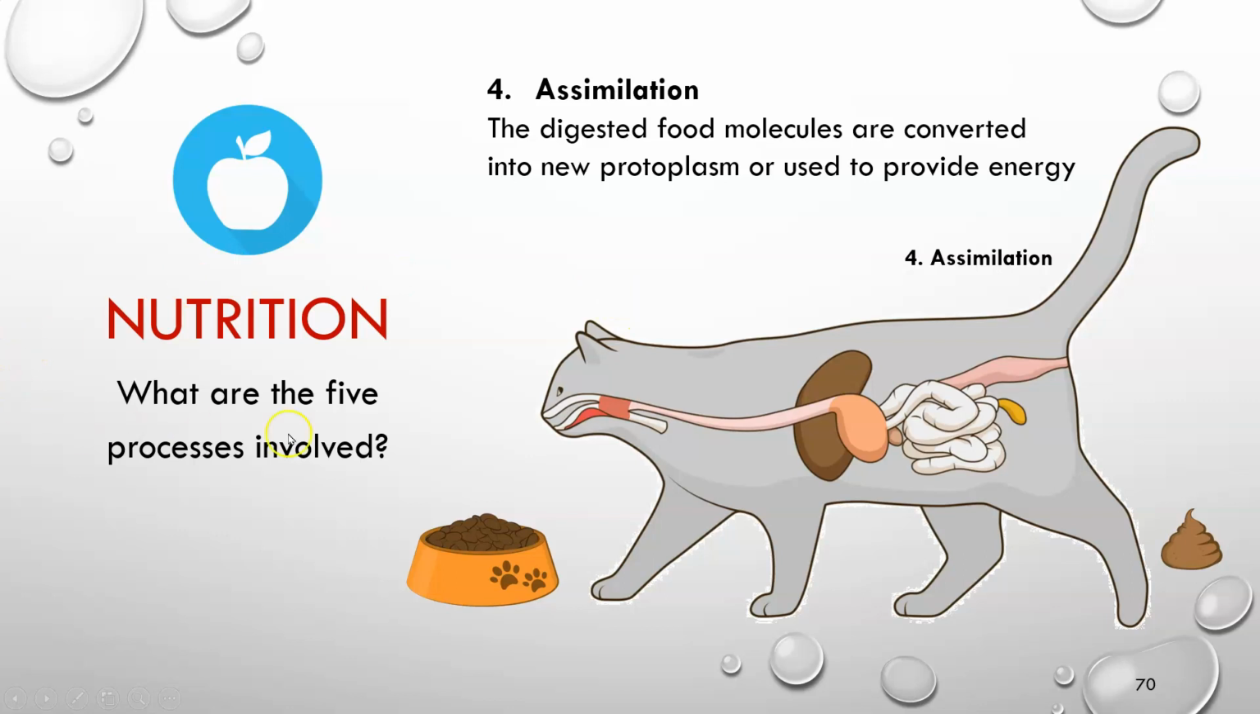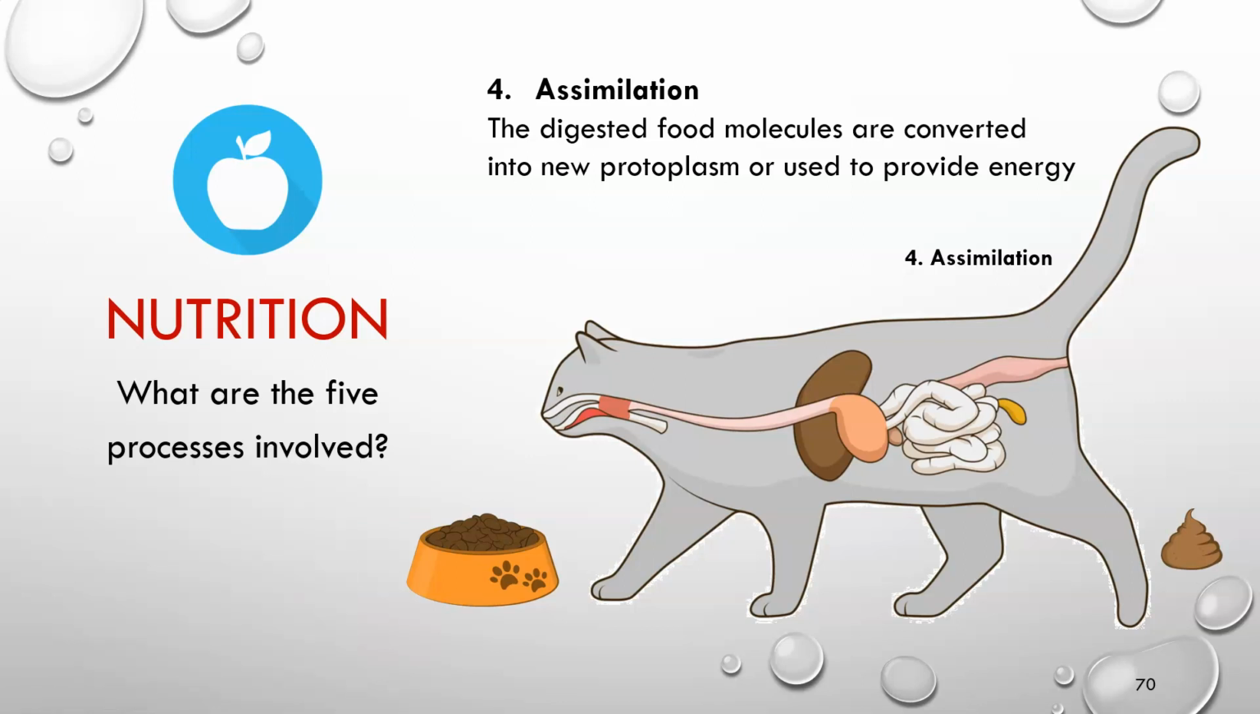Okay, so do you still remember what the 5 processes are? Right, remember we had an acronym to remember. I, D, A, E, idea. So what's I? I stands for ingestion, D stands for digestion, A stands for absorption, A stands for assimilation, and lastly E stands for egestion. So these are the 5 processes that are involved in nutrition, and today we are going to focus mainly on